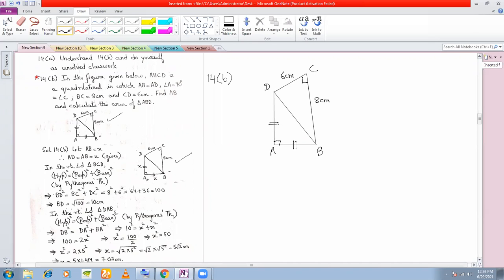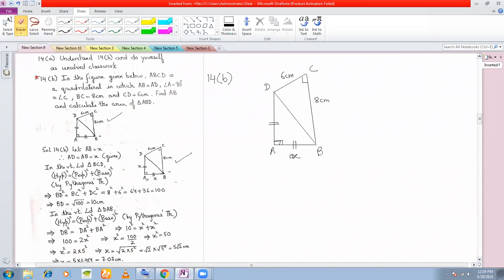Okay, this is the figure that is given to you. Now, the advantage of redrawing the figure is that if there are certain measurements that are not given in the figure, you can write down those measurements. For example, if I take this side to be x, then I can write x here. Then I will know that I have taken these two sides to be x. This is the advantage of drawing the figure once again.